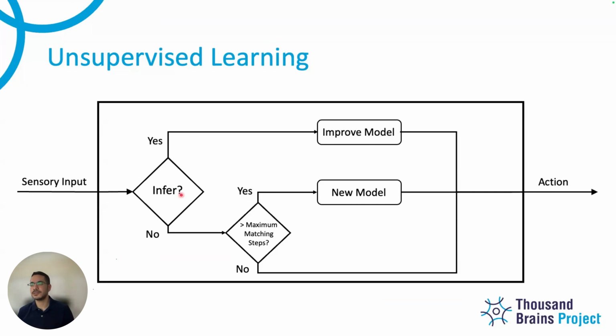Yeah, I recently came across that in one of the tests. Yeah, I agree. So we basically need it to be totally confused about the object, and then we create a new model. If it's not confused, and it thinks it might be one of these possibilities, if there's some evidence high enough but not high enough to cross this threshold, what you're saying is that it will not do anything, right? It will not improve the model, or it will not create a new model. Yeah. Okay.